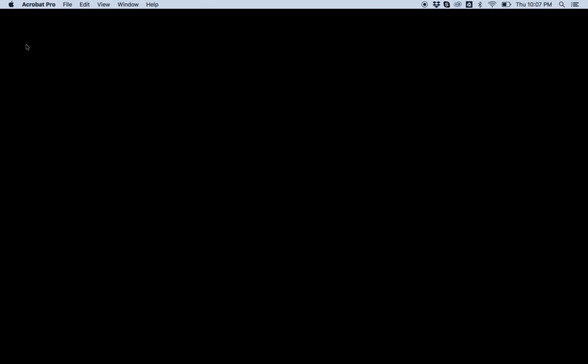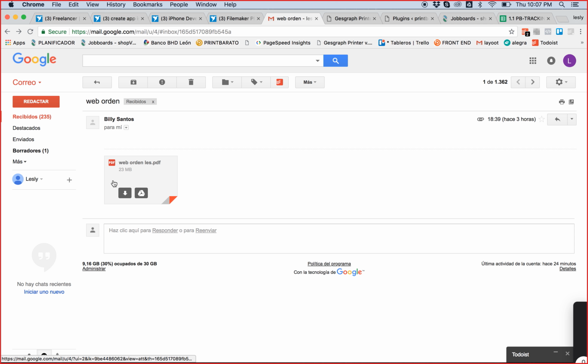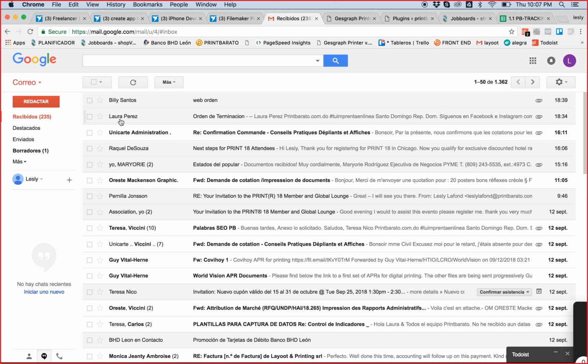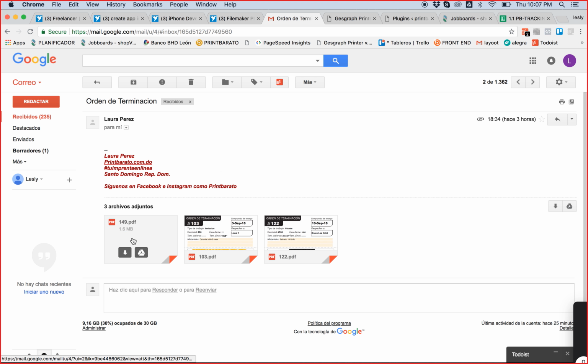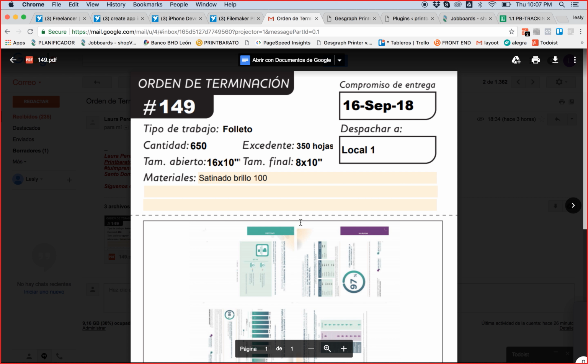And I have to do this, and I also have to do another thing for the same job. This is the printing sheet, so I also have to do a finishing sheet. This is how a finishing sheet looks. I have to put the type of job, the number of the job,